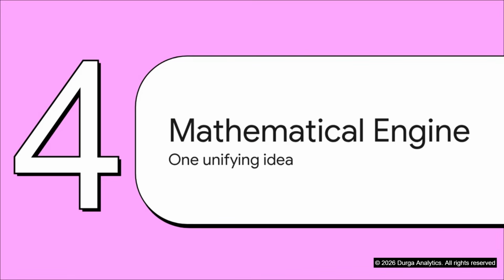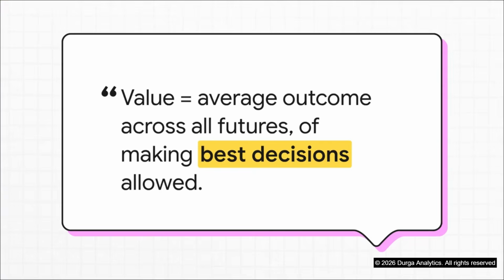All right, Section 4, the unifying mathematical engine. Let's shift gears and look at the core mathematical philosophy that actually drives every single one of those pricing engines. There is one mathematical thread running through this entire system. It all boils down to this fundamental equation: value equals the average outcome across all possible futures of making the best decisions allowed. At its heart, stochastic optimization is just this one intuitive principle, scaled up to handle heavy constraints